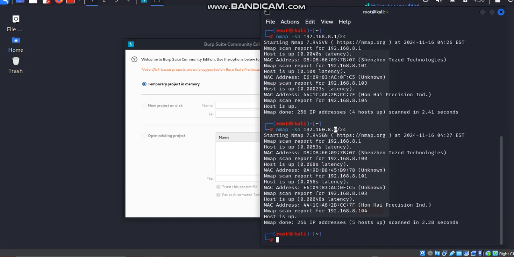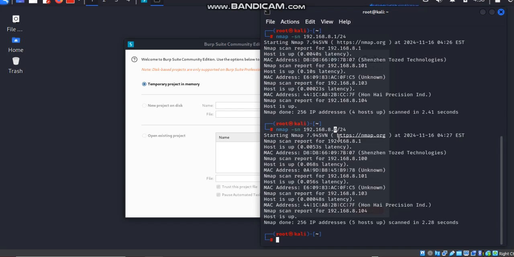In each octet, 192 is one octet, 168 is one octet, 8 is one octet, 0 is one octet, and each octet can take up to 255 addresses. So the first and the last are not assigned to any device.